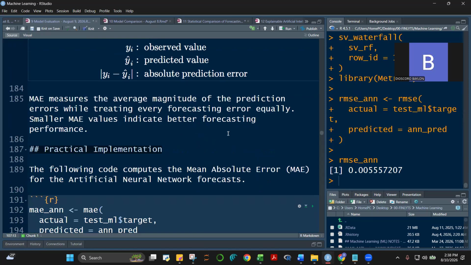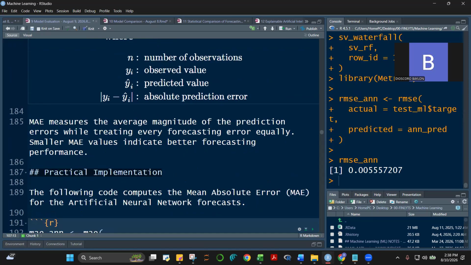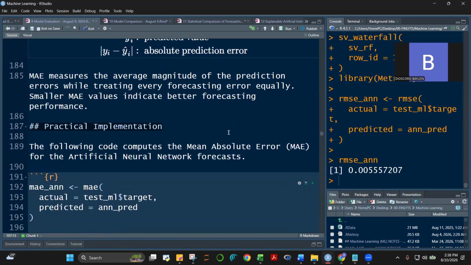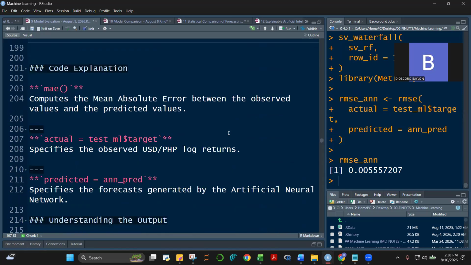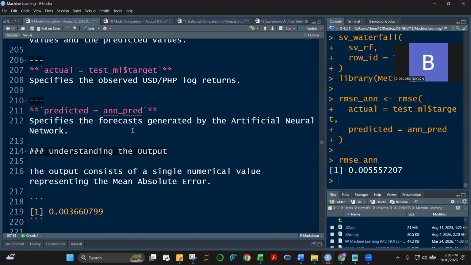So we said last time it really depends on which is more important, RMSE or MAE. Each has its own importance. The MAE, as we said, computes the mean absolute error between your observed and your predicted values.